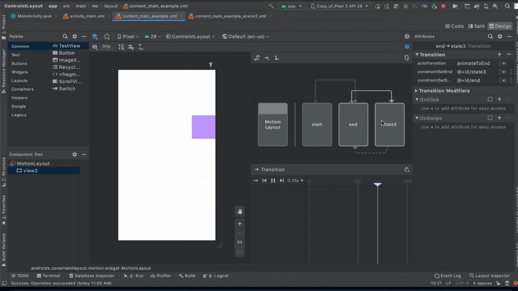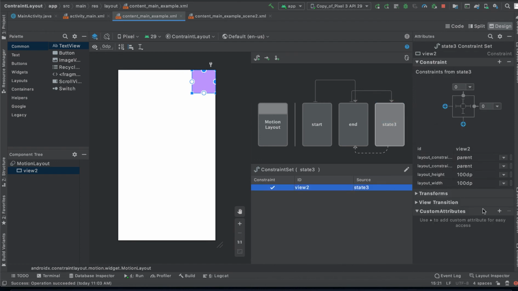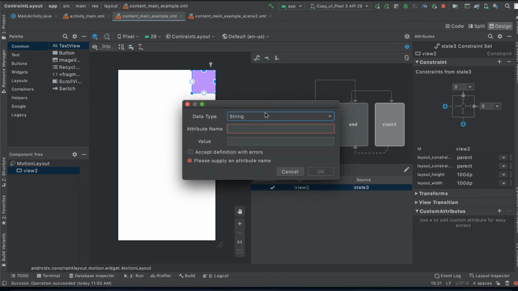Now let's say we want that as state 3, we want this view to have a different color, so that we can better appreciate the animation. Let me add a different color. Let me add a different custom attribute. Let's say it's purple, right? Purple 700. It's better,